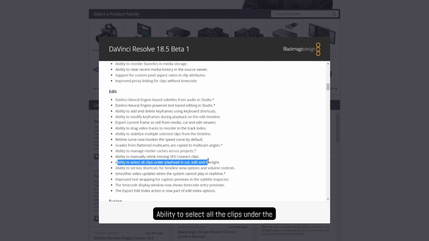Ability to select all the clips under the playhead in the cut, edit and the Fairlight page. Improved text wrapping for caption previews in the subtitle inspector. They've added some text wrapping or improved it, but for the subtitles/captions, but what most people miss is the text wrapping ability in the normal text